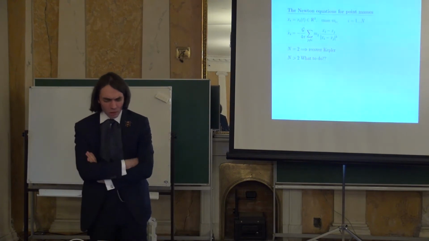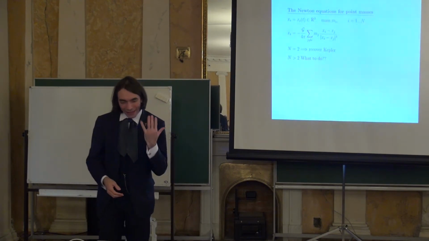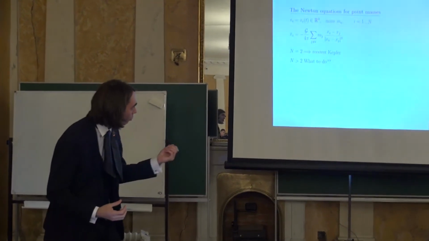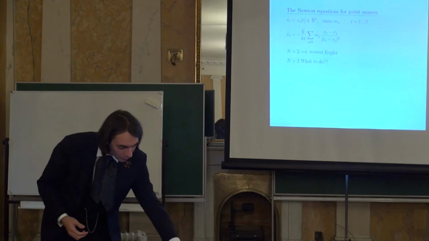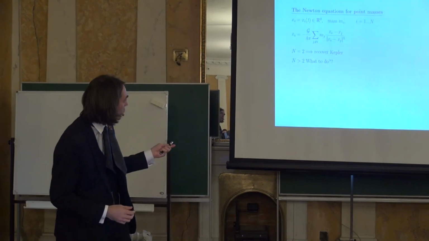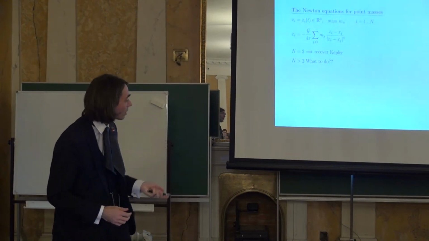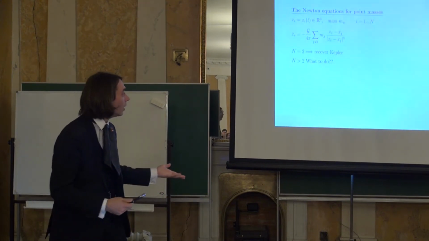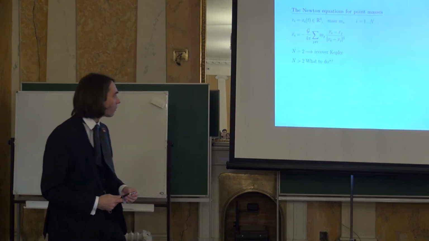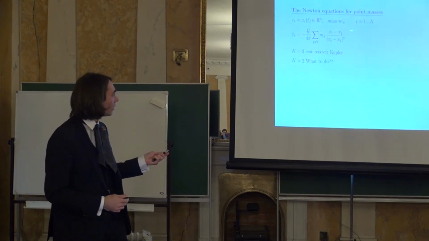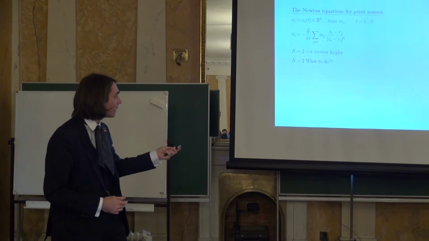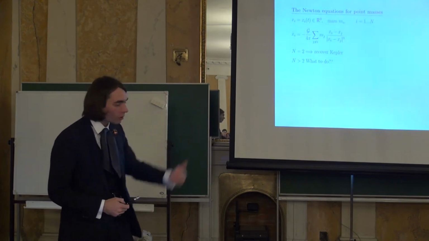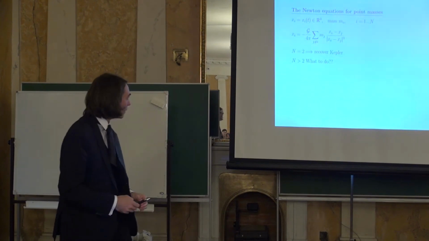At the same time, Newton manages to write down the equations for point masses. Let us reduce the planets to just points, and these points will be the positions of the planets at time t. Let's assume we are in Euclidean space, which is three-dimensional space. This is physics before the general relativity and so on. And we have the mass of any planet. We give numbers to these various bodies. Maybe the Sun is number 1, Mercury is number 2, etc.